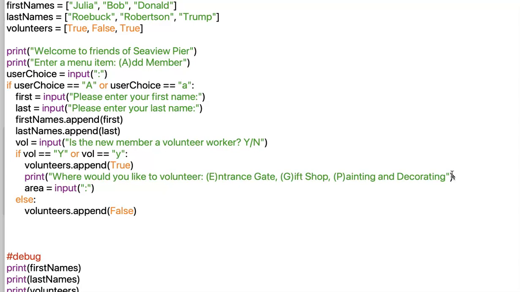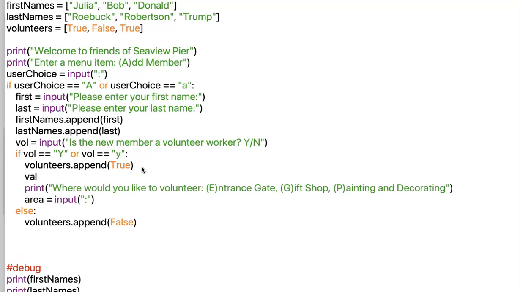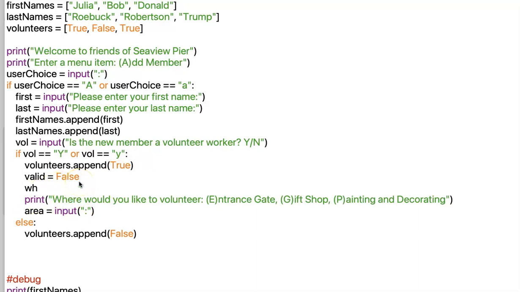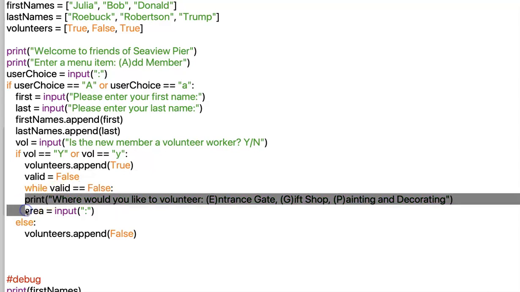we could do some validation checks on this, because we need to make sure they don't enter something strange. So I'm going to add in a while loop into this section so that they either enter an E, a G, or a P. Okay, so let's do that. Let's do this. So we're going to have a variable called valid, and it's going to be false. And then what we're going to do is start a while loop. While that variable valid is false, we're going to keep asking for them to